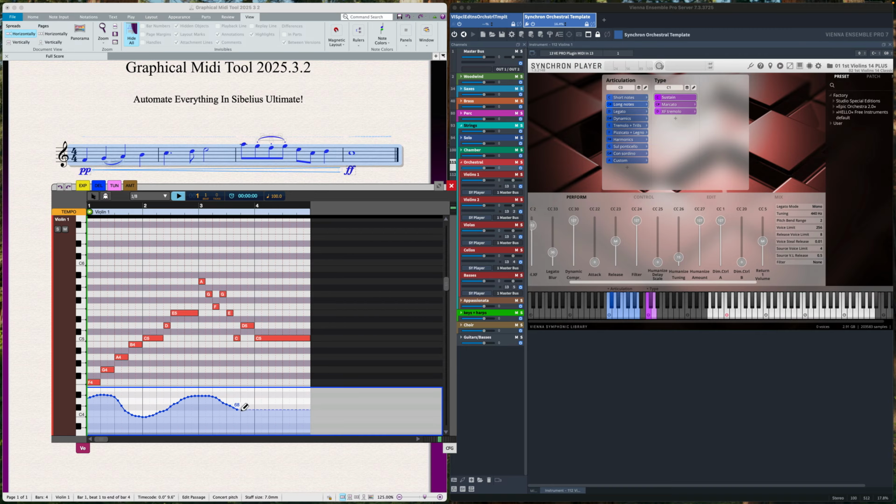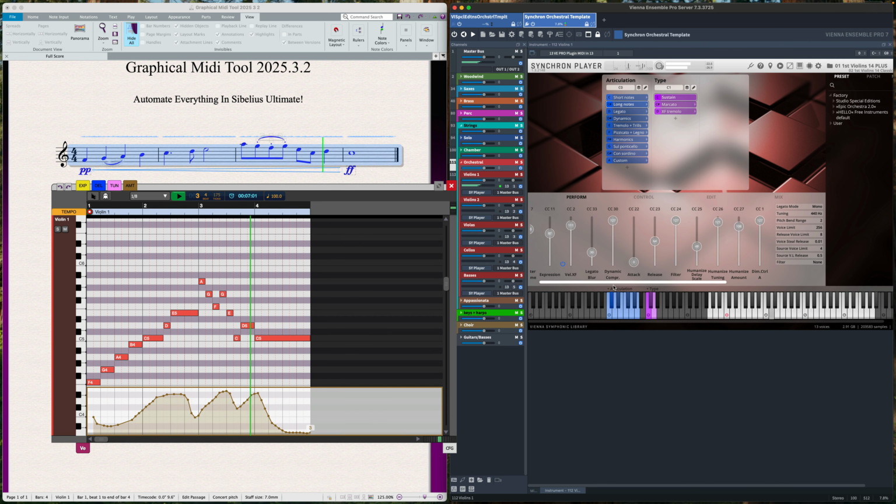So let's just draw in something here. I'm going to change the tuning and I'm going to do the amount. Something really stupid like that. Now I'm going to play this back and you'll see all three of these controls will just work. Okay, so straight away we've now got 4 MIDI CC numbers being automated and velocity crossfade, which has been driven